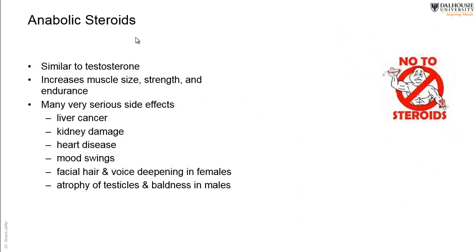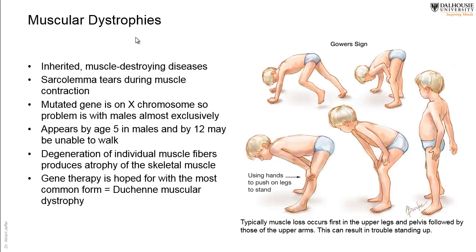Anabolic steroids, you read about this. And some muscle diseases, actually genetic muscle diseases, like the muscular dystrophies that usually affect males, and because they are sex-linked, they are linked to the X chromosome, and since the males have one X chromosome,